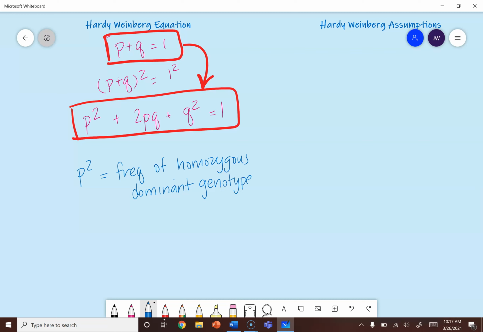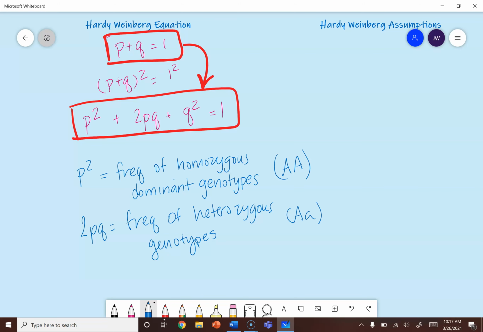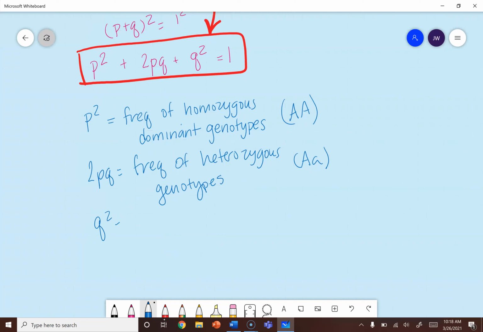In other words, the number of individuals in a population that have the homozygous dominant genotype, or AA. 2pq is the frequency of heterozygous genotypes, or big A, little a. q squared is the frequency of homozygous recessive genotypes,